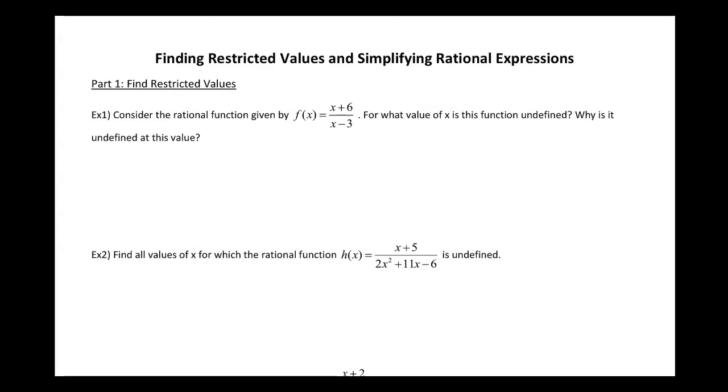Okay, so today we're going to talk about finding restricted values and simplifying rational expressions, and hopefully this doesn't seem brand new to you. So for part one, we're going to focus first on finding restricted values. We did this before, back in the beginning part of Algebra 2, when we were finding domain restrictions. Whenever you're finding a restricted value, that's when a part of your domain is going to be